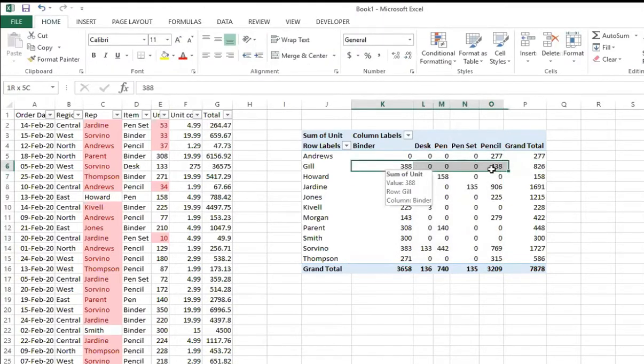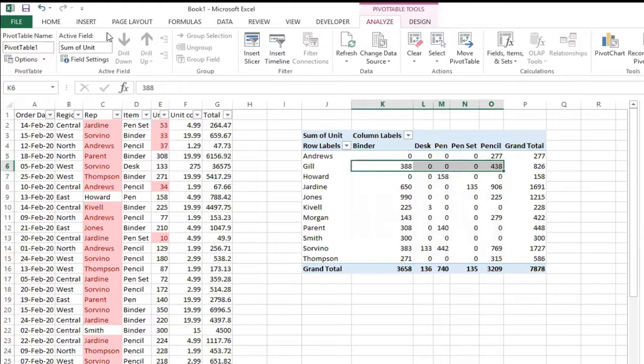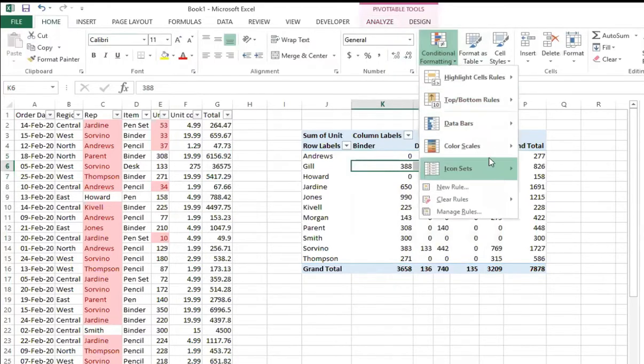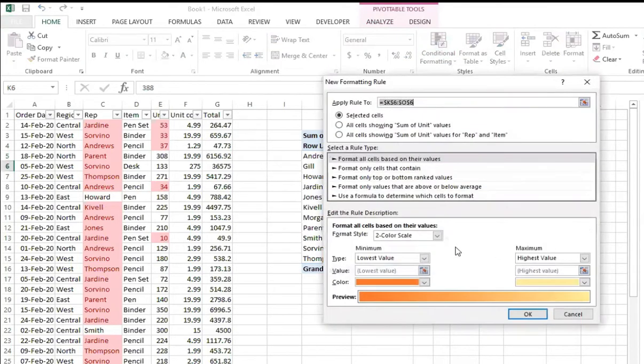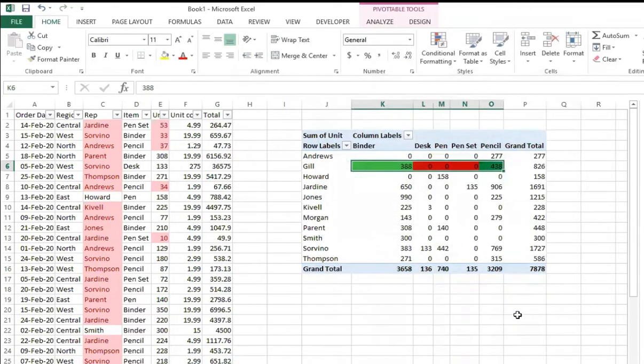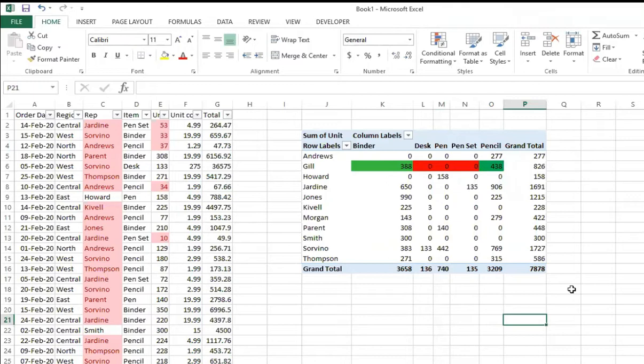So let me just select this one, and I go to Home, Conditional Formatting, Color Scales, and I go to More Rules. I want a 3-color scale. It's giving me a percentile. Let's take percent. Lowest value will be highlighted as deep red. Midpoint will be the 50% value, which will be highlighted by bright yellow, and highest would be deep green. That's how it is shown. There is nothing at the mid value, and hence there is no yellow item here.